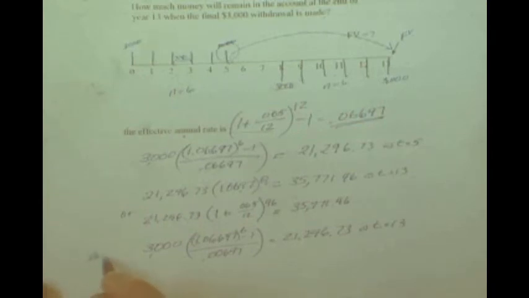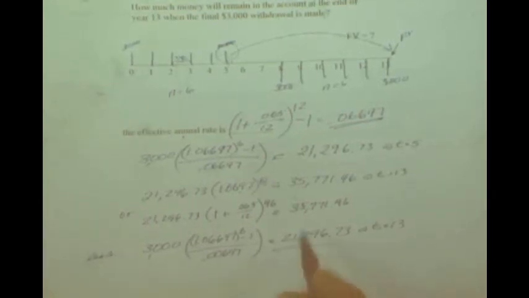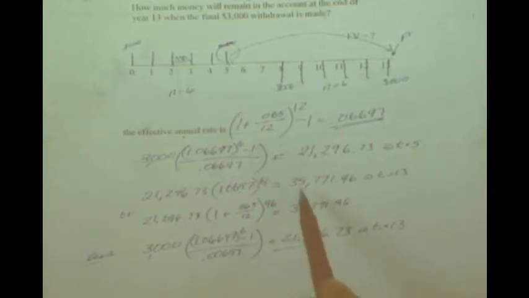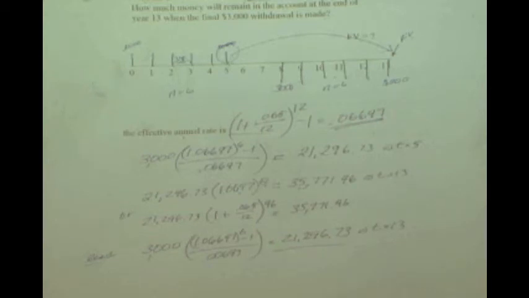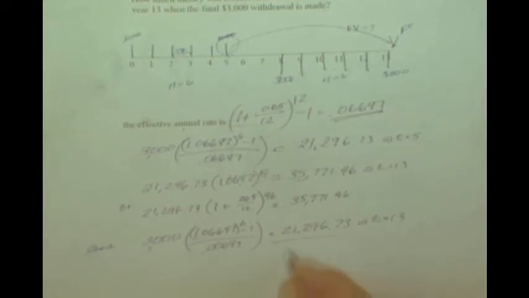And we're taking this away from 35,000. We've got both. We've got the 35,000. We've got the 21,000 at the same point in time. Now I can take one from the other, and the answer is